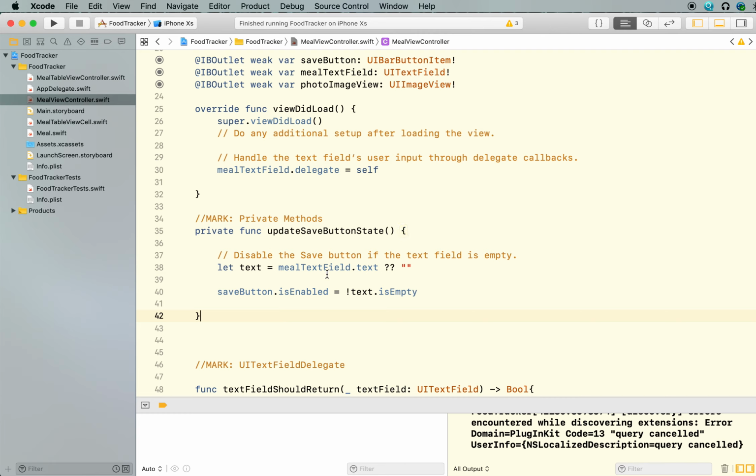So if we have some text in the mail text field, then we will have some text in this text reference, and then we check: is text empty? In this case false, and when we negate it, the value becomes true. So we are basically saying that saveButton.isEnabled becomes true. We are checking the text field and setting the appropriate enable behavior, true or false. The first thing is that we will call this method from viewDidLoad,